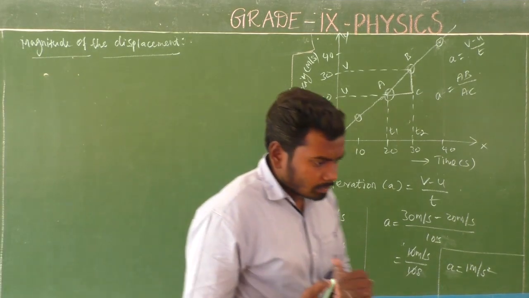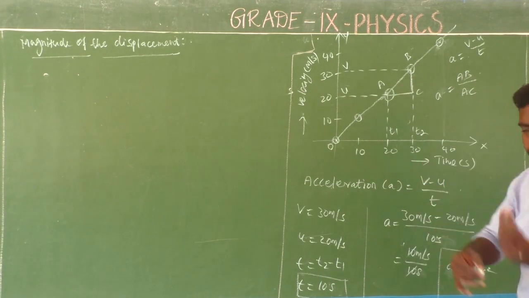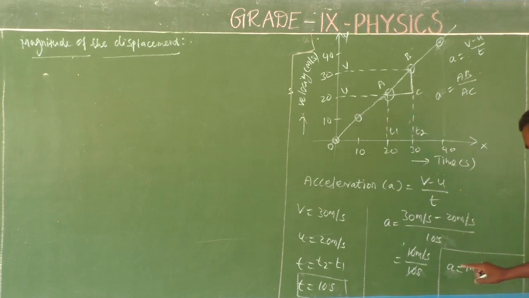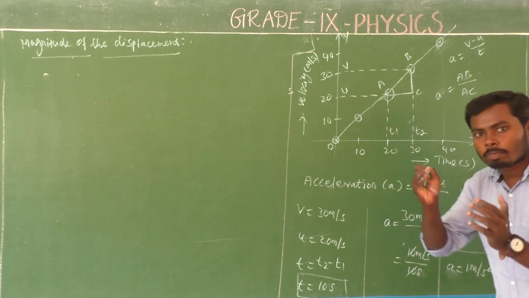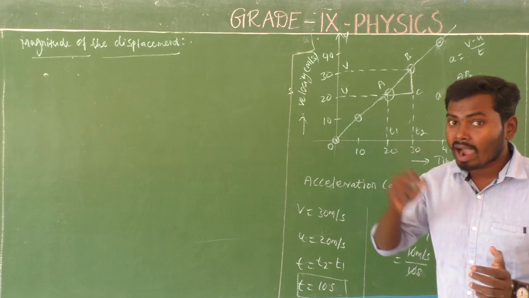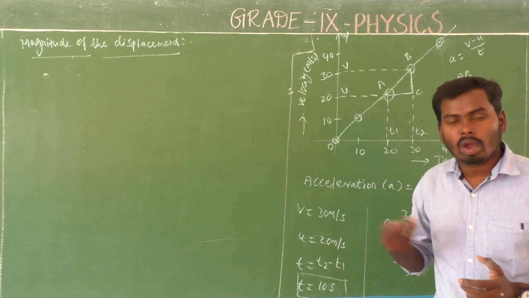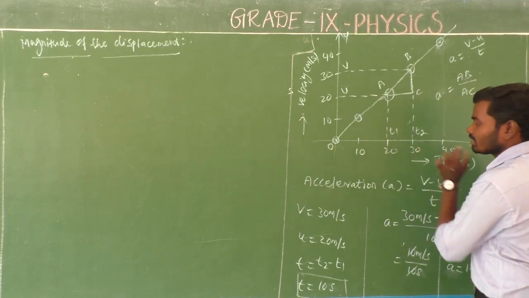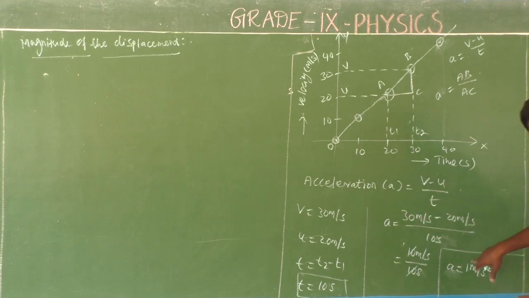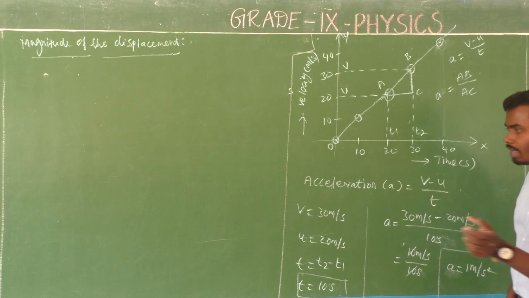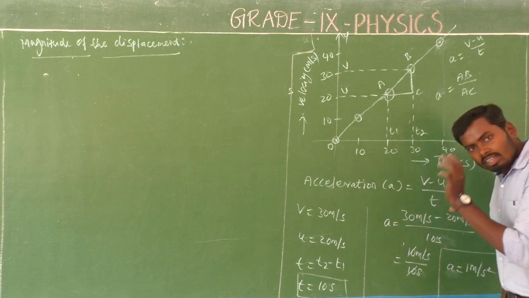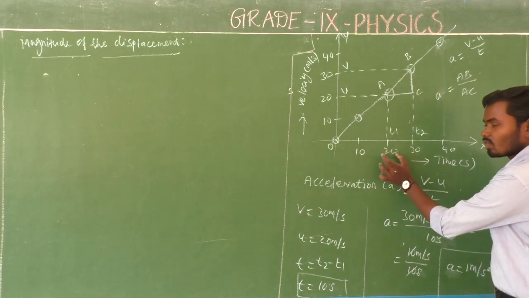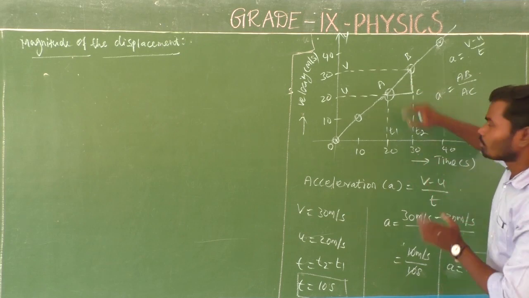Look at here. During the particular interval of time, which means during the 20 second and 30 second time interval, the acceleration of the object is 1 meter per second square. So what is the displacement covered by the object? Displacement covered by the object, or otherwise we can say the area covered by the object during the particular interval of 20 second and 30 second. Actually, this area fully, am I right?